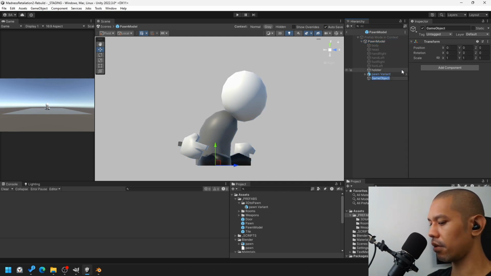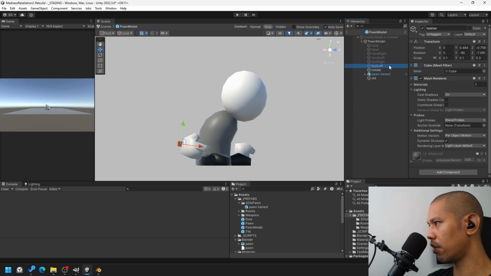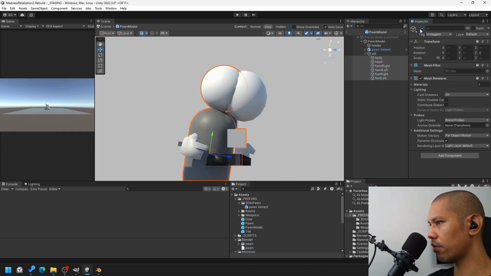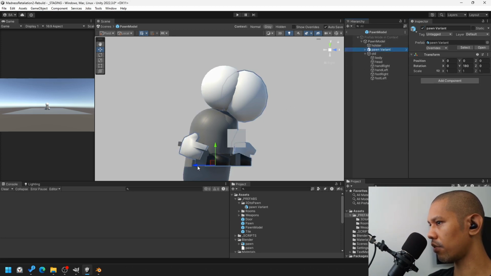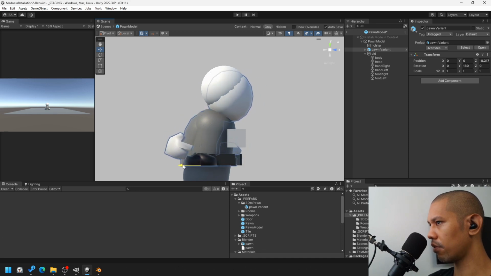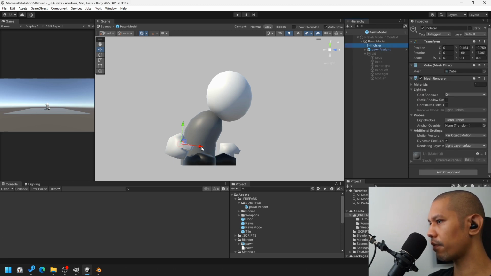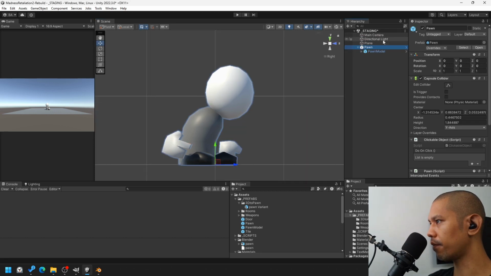I'm gonna create an empty. Take all this stuff. I'm gonna show this again. I want to adjust this so that the head is right. This. The butt stick. Whatever. We'll fix that later. Holster. Yes. Be in the back. Okay. So now that we've updated the pawn model,